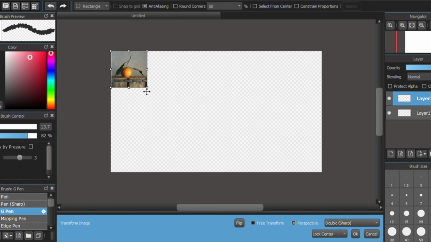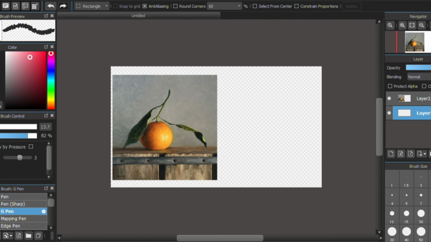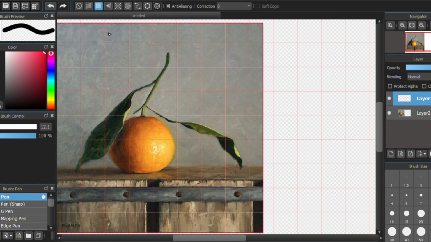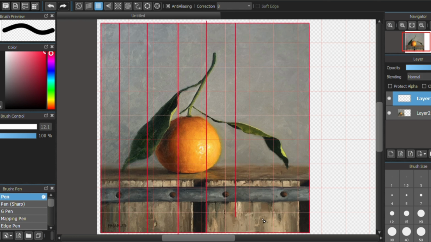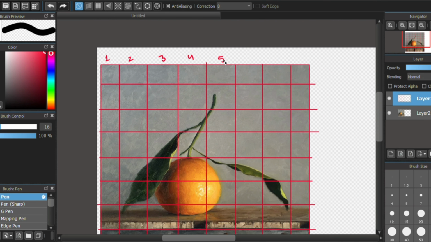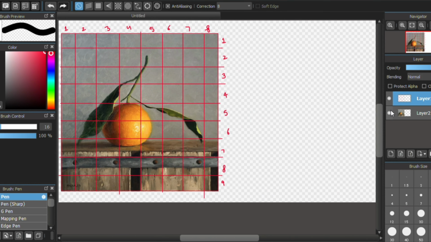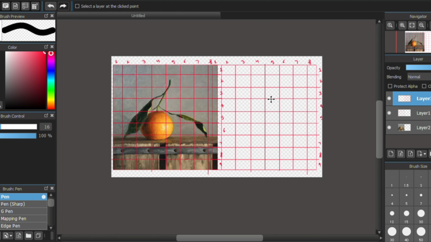So today we are going to draw an orange, and this is the reference picture that we are going to use. I took it from Pinterest, and the very first thing you need to do is draw a graph over this picture in a separate layer, and draw some vertical lines as well as some horizontal lines and cover the whole picture with it and number them. It helps. And the main reason for drawing this graph is to get the proportions of our drawing right. You will see how this graph will help us a lot.